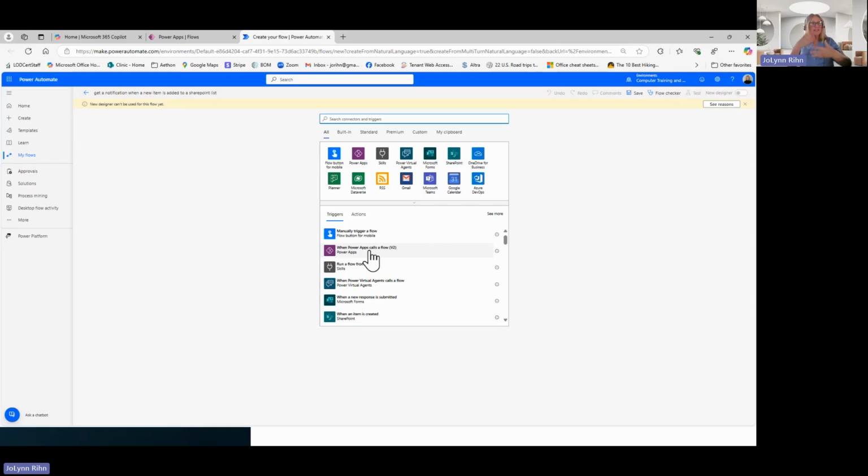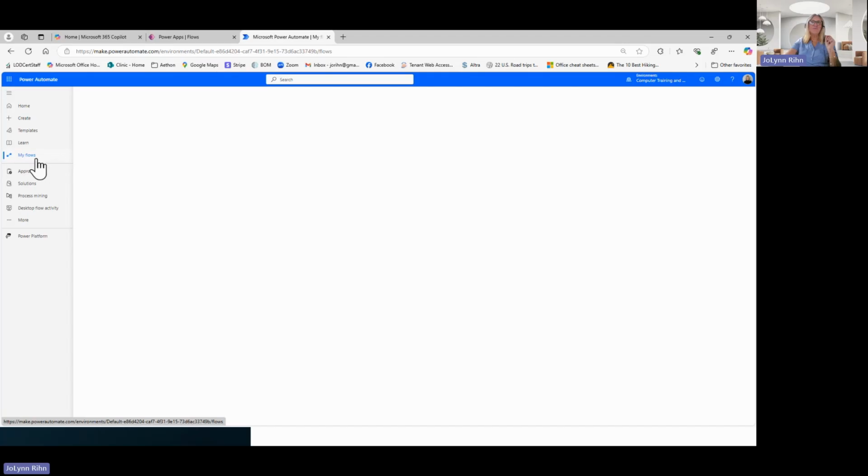If it's going to be an instant flow, it would give you run. And you would click the run button and the flow is going to automatically run, just so you're aware of how that would work. So anyway, I'm sorry, I came to one that I can't use right at the moment, but just so you got an idea of a way that you could actually use that one. But let me go back. I want to go back to my flows again.